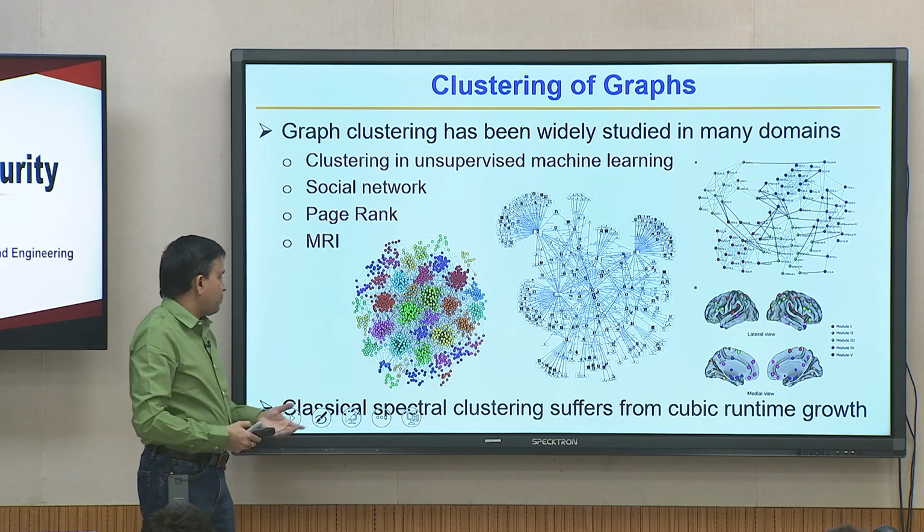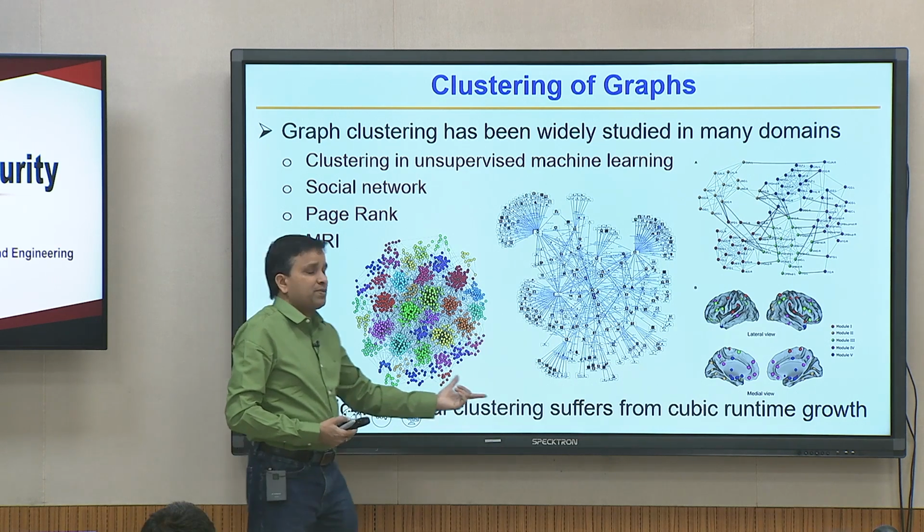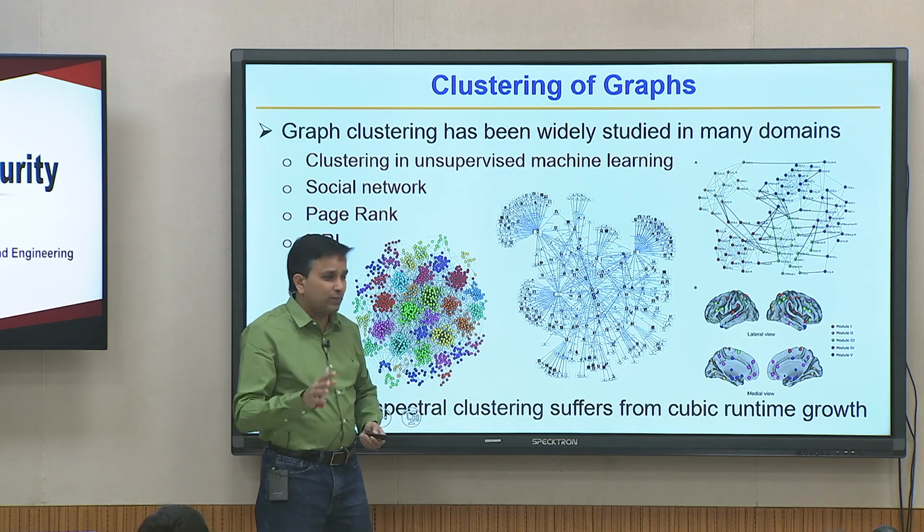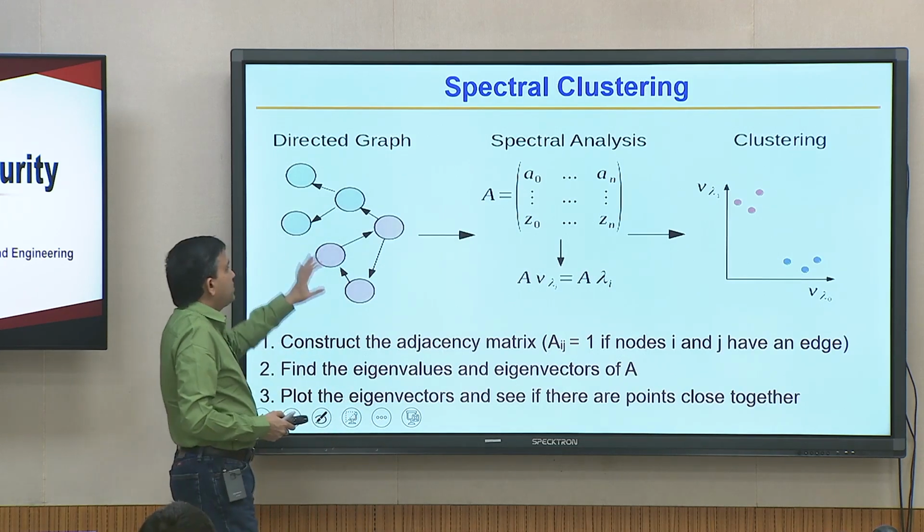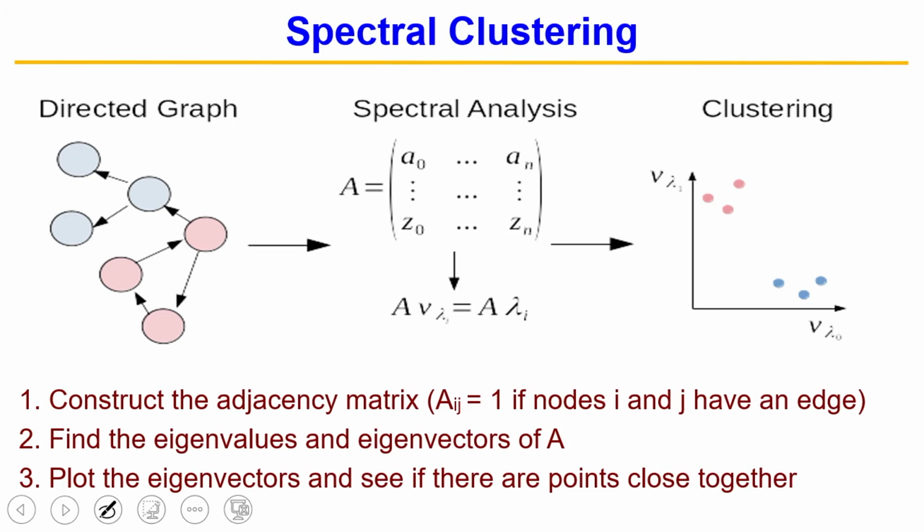We looked at it, and the best possible algorithm that was there is spectral clustering. I will not get into what spectral clustering is in detail, other than to say once you have a graph, you do a spectral analysis, and it gives you a bunch of values, either values are here or values are here. It is a simple kind of clustering algorithm in machine learning, that is spectral clustering.